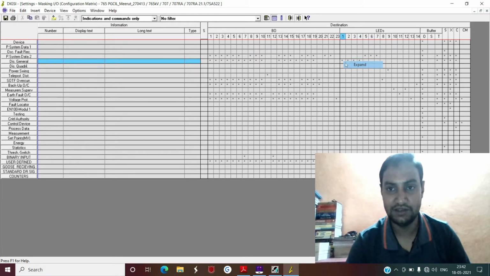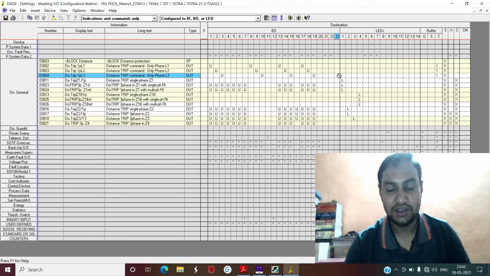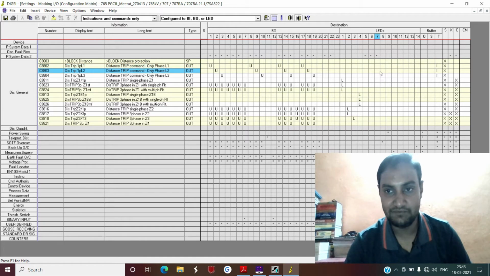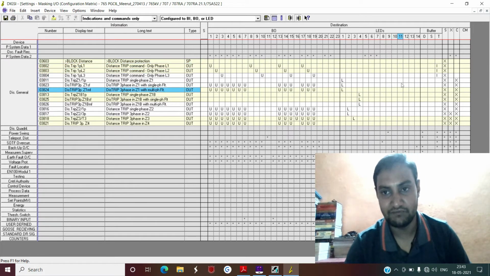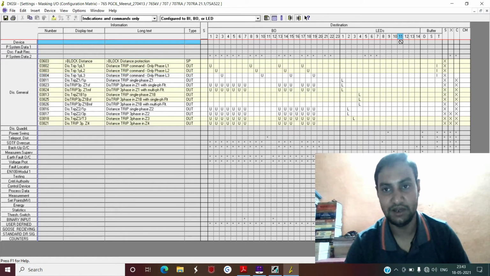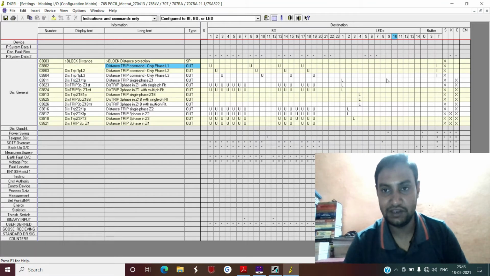Now again, if you expand this, you can see, just one minute, configure this. If you see here, there are basically two or three types of configuration available. One is blank, which means this LED is not configured for anything. For this moment only, at a somewhat later stage I will explain that these LEDs are configured for some other functions. Consider for a moment that if nothing is available here, that means this LED is configured for nothing.